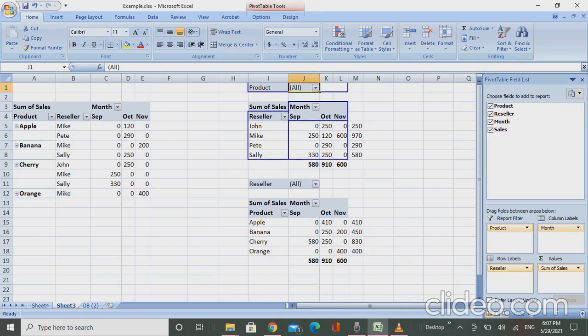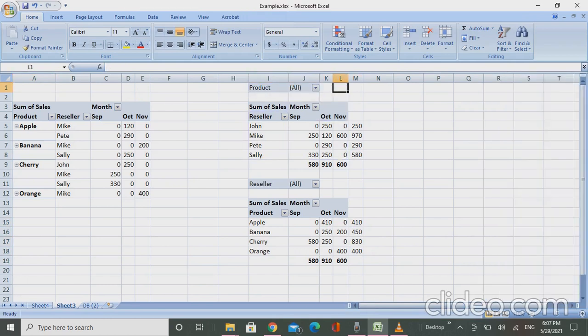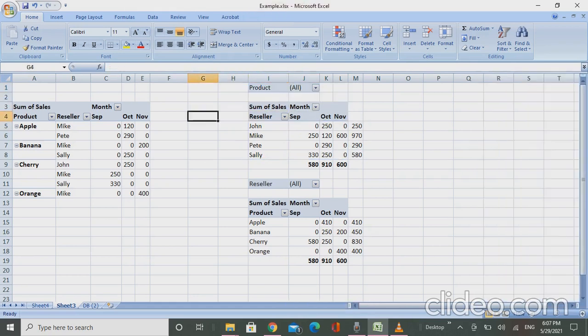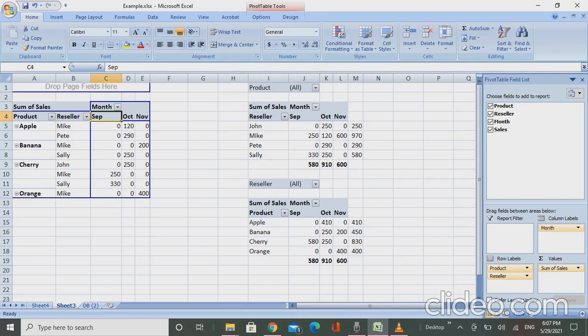So the thing I'll be addressing today is the problems that we face in a pivot table. Let's say I have a month here, and I want to drag this September to this rightwards place. I'll hover my cursor over here, and I'll shift this.